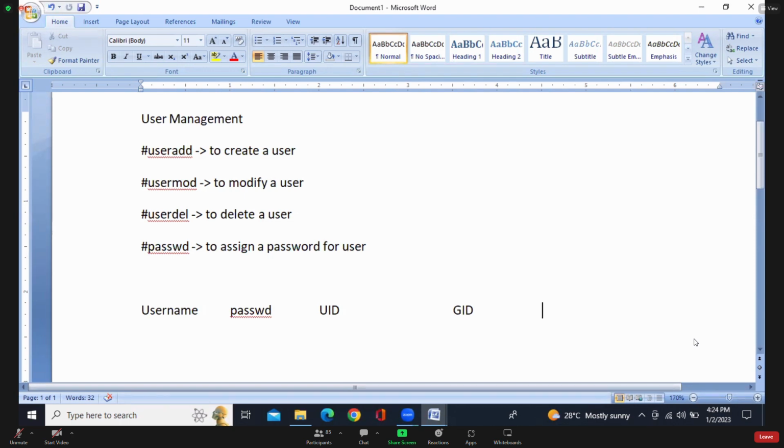Right, guys? Remember, while you are creating a user account, automatically one group will be created, that is the primary group. For example, we create one user called student. Automatically a student group will be created, that is the primary group. By default, along with the user ID, you also get the group ID. That is the primary group. I hope you got it, guys. What is group ID, right? So group ID, then